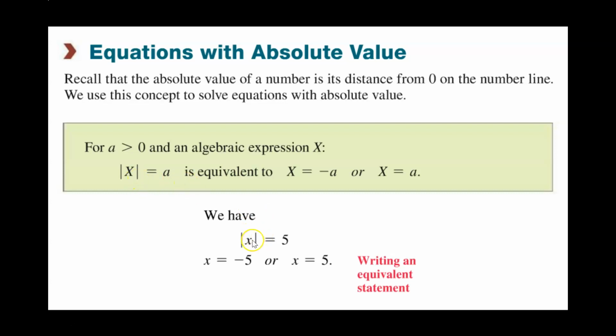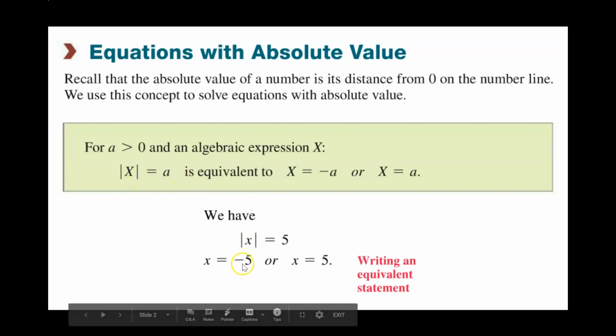One of the things we have to remember when we do absolute value is the answer can be either negative or positive. Why is that? If I put a negative 5 inside of here, we get a positive 5 when it comes outside the absolute value. If you put a positive 5 inside, it stays positive. So the answer can be written as a negative and a positive,